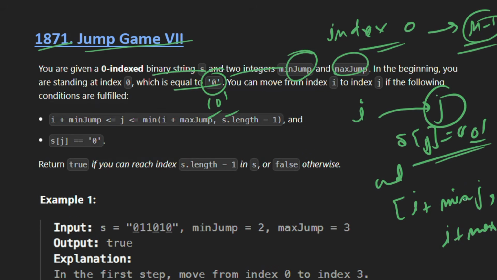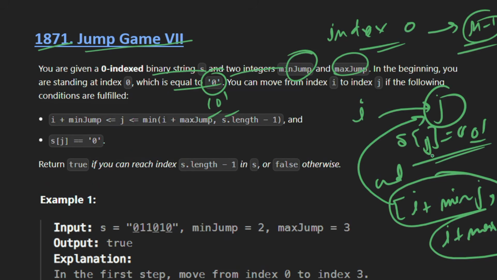So if this index j lies in the jump range of i, then only we can jump from i to j, and also the second condition, that is the character at index j should be 0. So these are the two conditions to jump from index i to j, right?